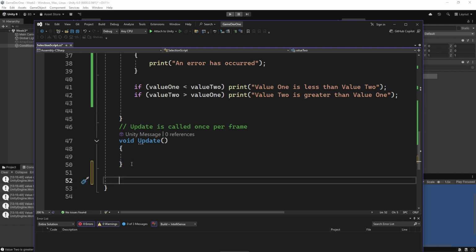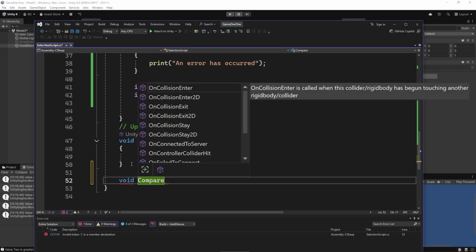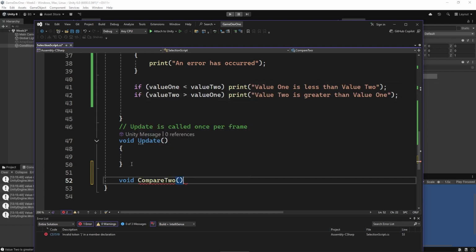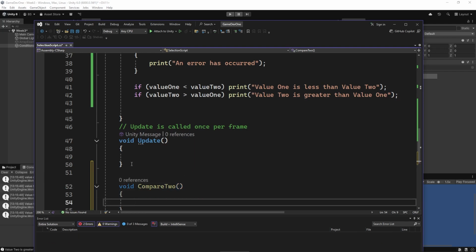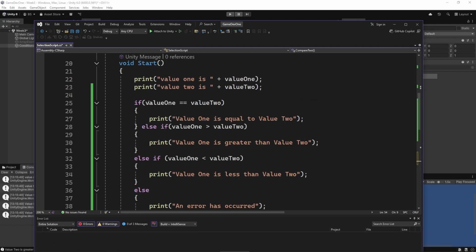All right, so I'm just going to create a void function like we did in the previous video. It's just a private void function. I'm going to call it compare to. I'm not going to take any values. All right, and I'm just going to take all of this code that I have up here,